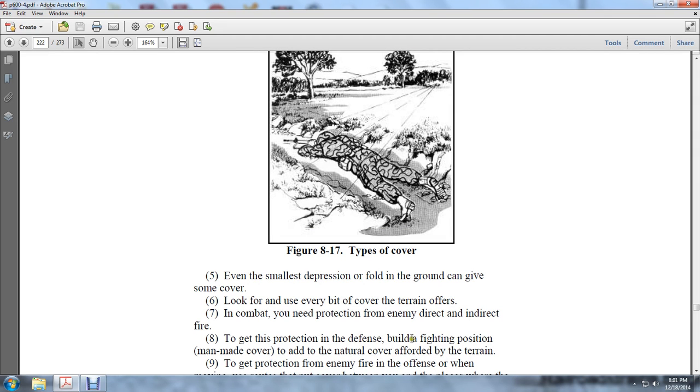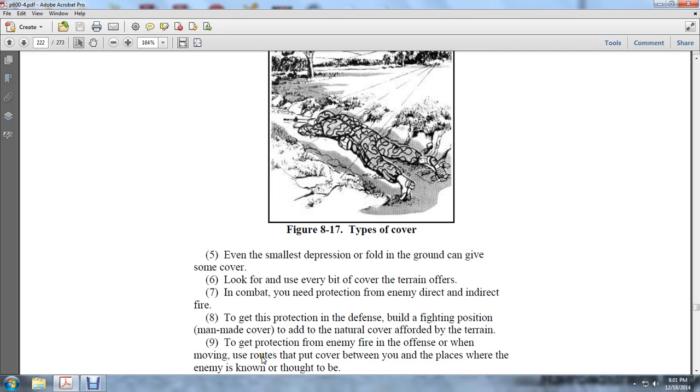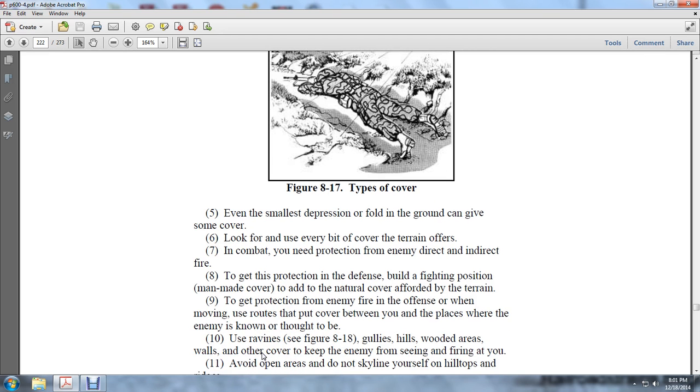To get this protection, the defense builds the fighting position, man-made cover to be added to the natural cover afforded by the terrain. To get protection from enemy fire in the offense when moving, we use routes that provide cover when the enemy is known or thought to be near. Use ravines, gullies, hills, wooded areas, walls, and other cover to keep the enemy from seeing you